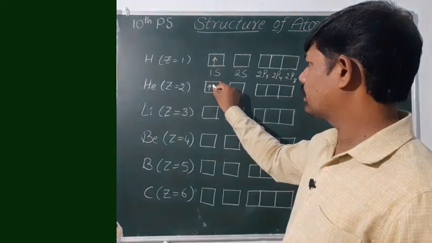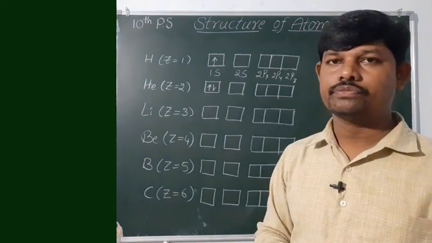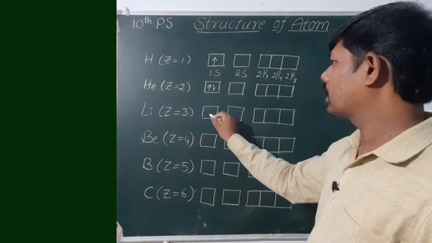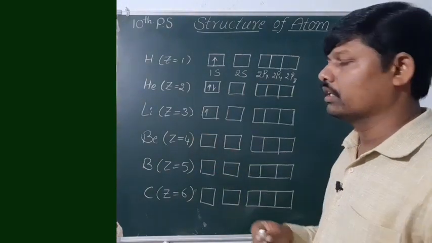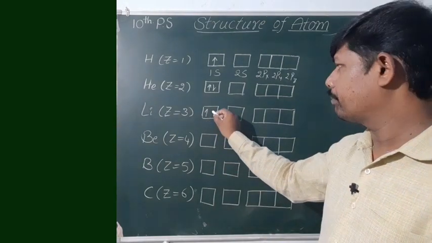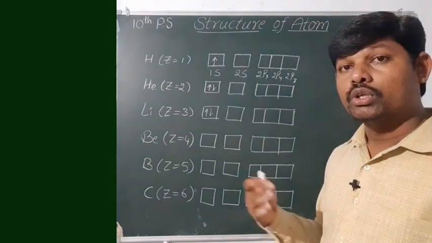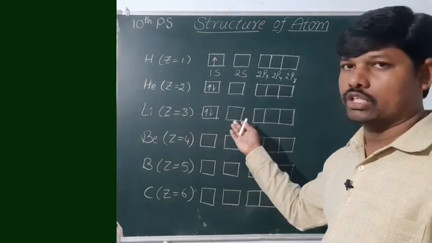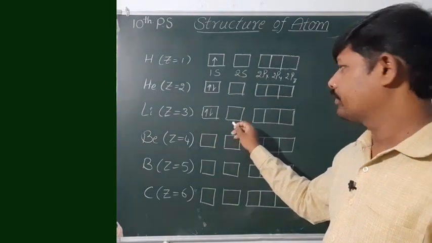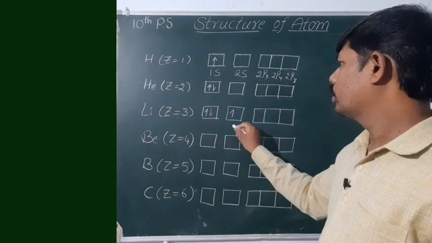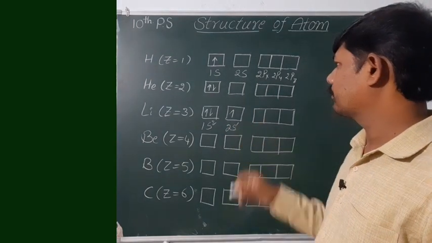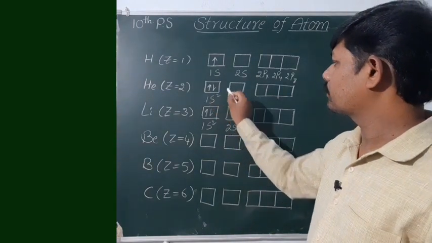So it will pair the second electron like this. So that is the electronic configuration of helium. What about lithium electronic configuration? One electron will occupy the first orbital, then the second electron will come and pair with this. And what about the third electron? The third electron will go to the next level. After completing 1s, the electron should go to 2s. So the third electron will come into the 2s. So this is 1s2, 2s1.